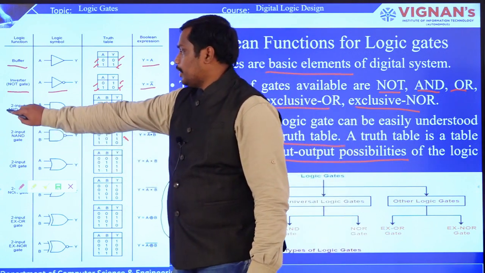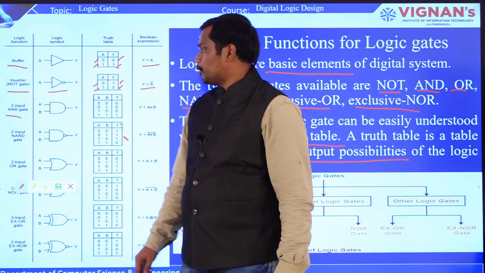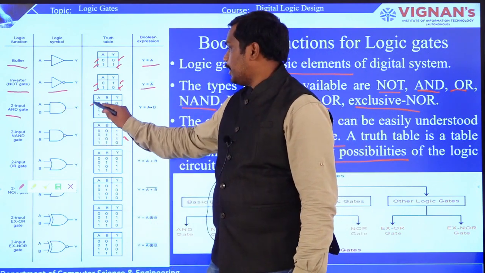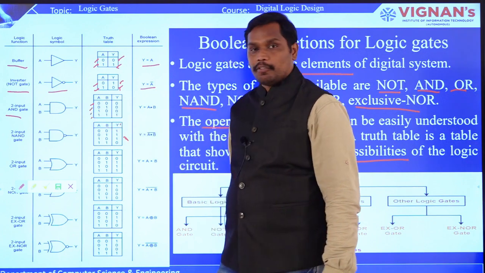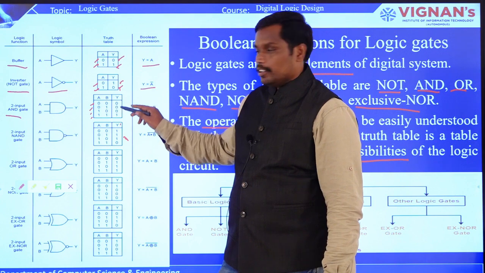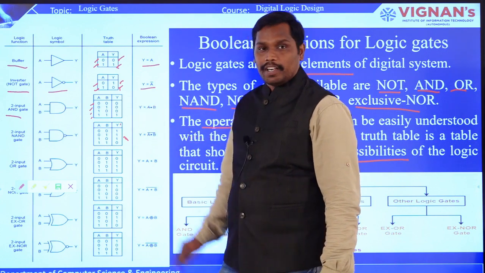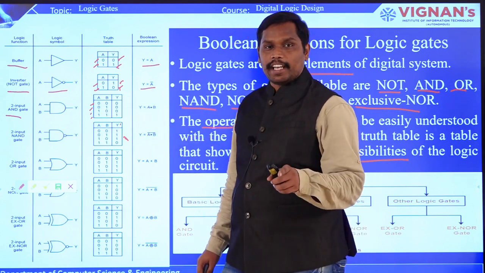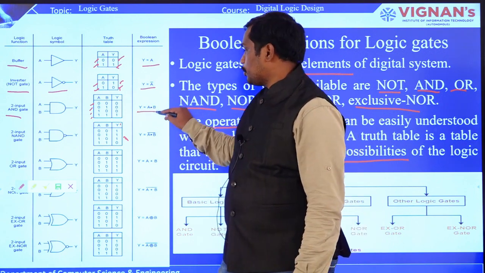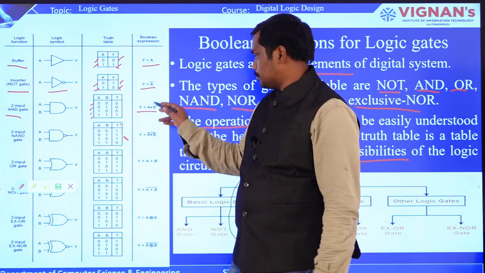And now coming to the AND gate, it has 2 inputs, right? 2 inputs, A and B, and now you are going to construct a truth table here. So all 4 possibilities are there, 0 0, 0 1, 1 0, 1 1, and you are going to get the outputs 0, 0, 0 with 1. Which means that if both the inputs are high or both the inputs are 1, you will get the output as 1. So now you understood how to represent the AND gate with a dot symbol.